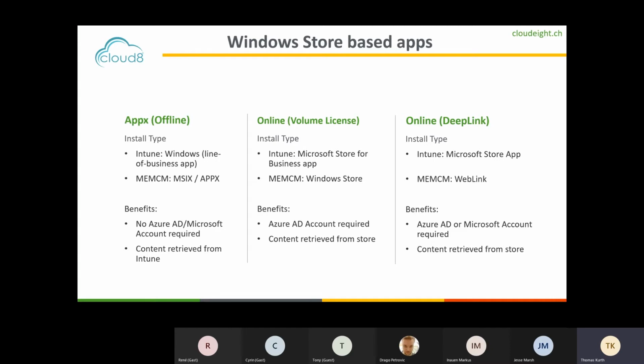The cool thing here is with the online deployment type, when it's Store for Business integrated, we can forcefully deploy an application to devices. The content is retrieved directly from the store, so delivery optimization and all these things can be used for the download. Then there is a second type of online installation, that's a deep link, where we just deploy the link